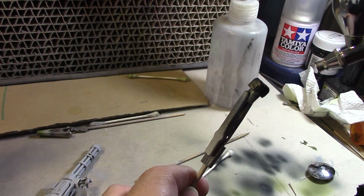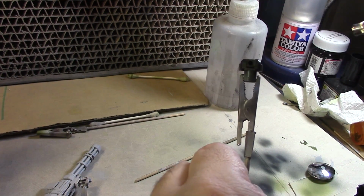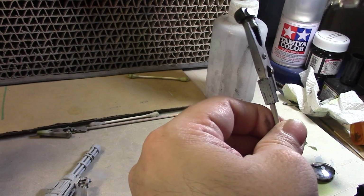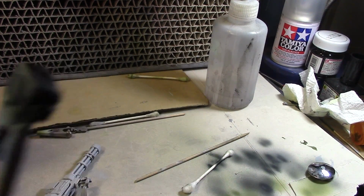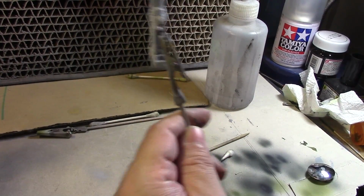If I'm not liking it, I can always balance it out with the medium gray that I do have. Maybe do that and give it that interesting tone, but I don't know yet. Let's just see how it looks. But definitely, I'm going to have to use it on this one because